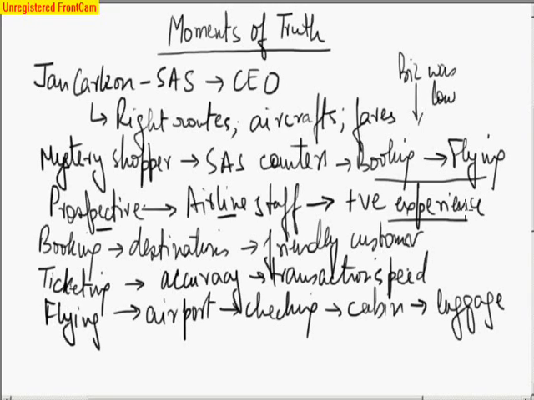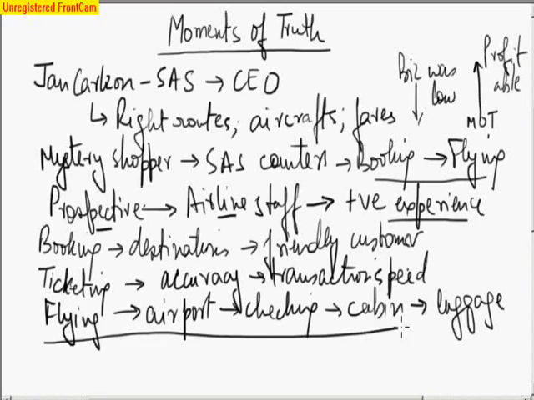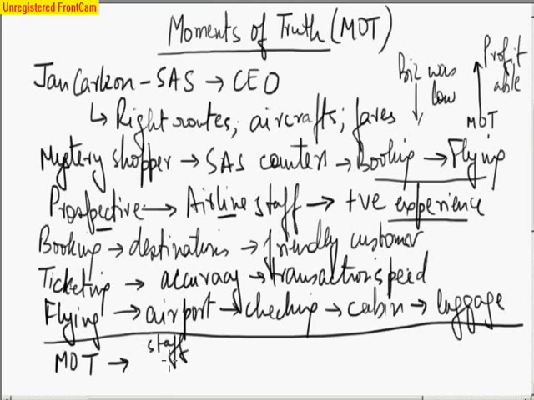And once they started working on this, they then figured out how to overcome the various issues, and the airline, over 2 years, having done the moments of truth and having worked on it, turned profitable. Now, the fundamental concept of service and how you plan for service is moments of truth. So therefore, if you are, as an individual, delivering service, first identify what the MOTs, the moments of truth, are. Now, once you have the MOTs in place, then you ensure that you have your staff, you have your methods, or what we call guidelines,